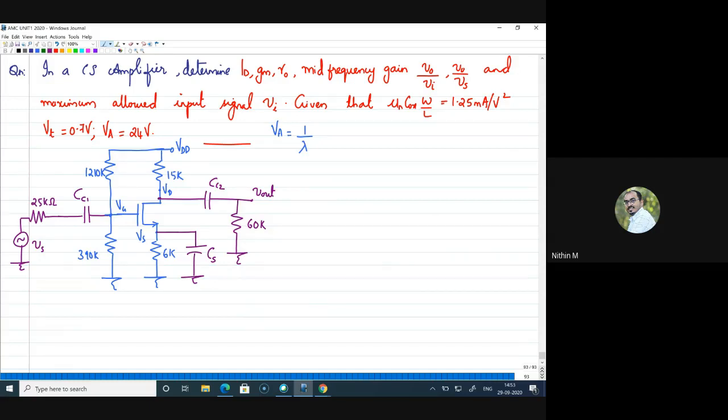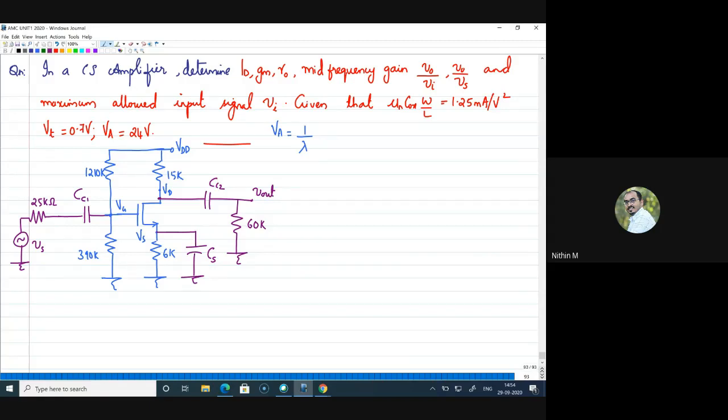So to tell about the details, the resistors which are given in blue are helping to establish a DC operating point and to make sure that the transistor is in saturation. On that, I have three capacitors connected. The capacitor on the input side is just to couple the signal to the gate of the MOSFET. The capacitor at the drain again couples the AC signal from drain to output, and the other capacitor at the source is to bypass or to give directly a ground point to the source.